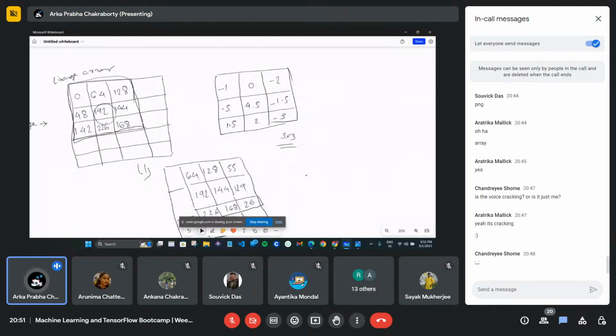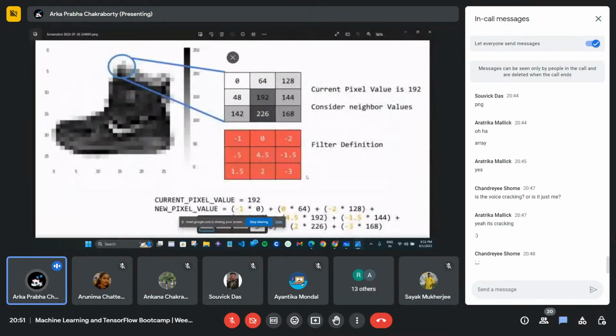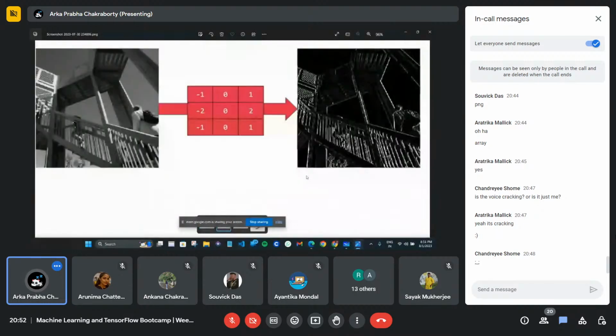And after traversing, what does it do? If you apply some filter on an image, it changes the look. It will change some features. The same thing will happen here. See this image: the first image was as shown on the left side.